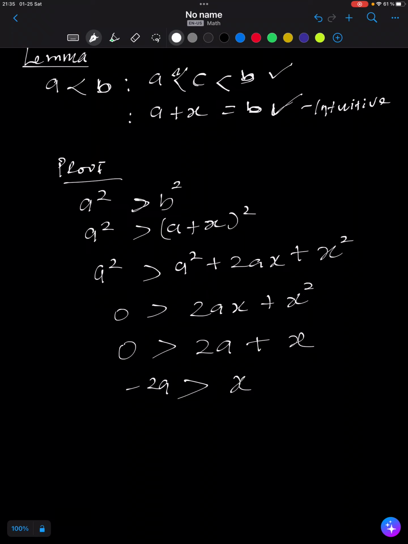Oh, I think the consideration for the final step of the proof would then be based on the potential value of x, because if x is less than minus 2a,